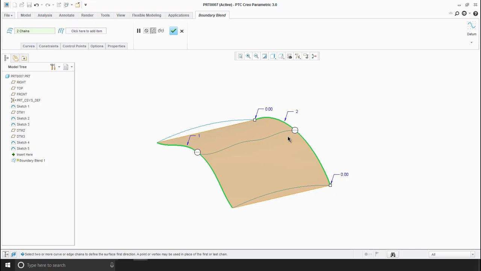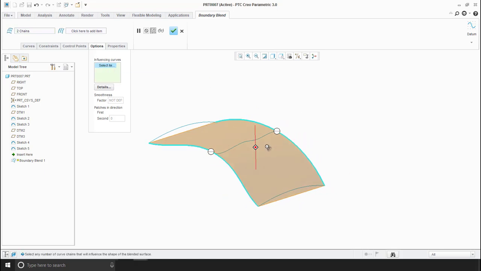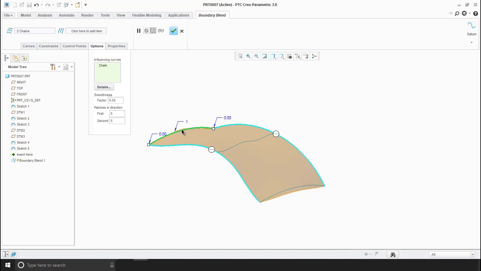So now I am going to explain the options here. Click on options, then it has influencing curve, so click here and then select this curve.